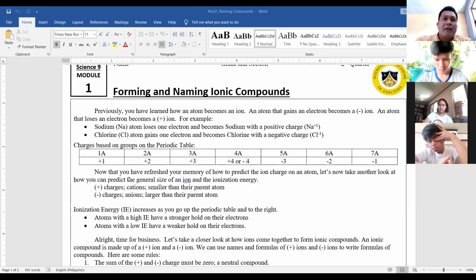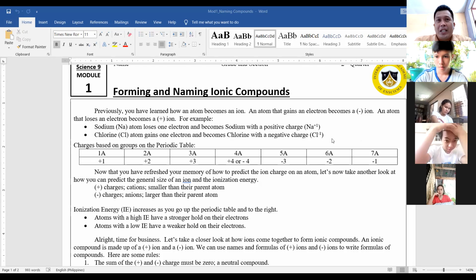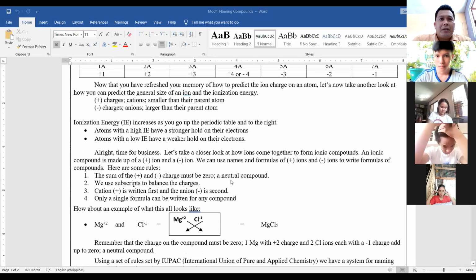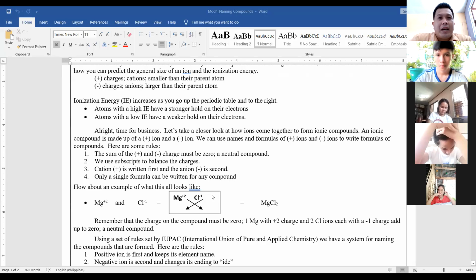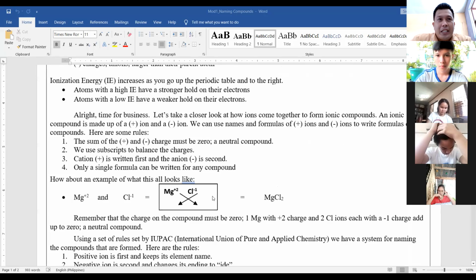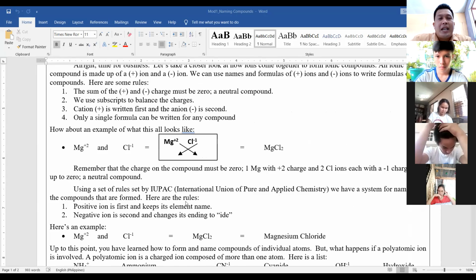Metals being a cation have a charge of positive, and non-metals being an anion have a charge of negative. But the understanding of the negative and the positive, I hope that it is already in your mind when we discuss chemical bonding. Okay? So to proceed, class, when you're going to perform an ionic bond, make sure that your participants are ions. And these ions are the metals and the non-metals.